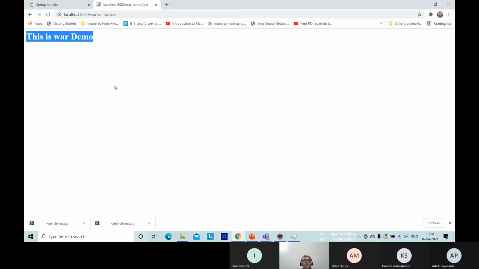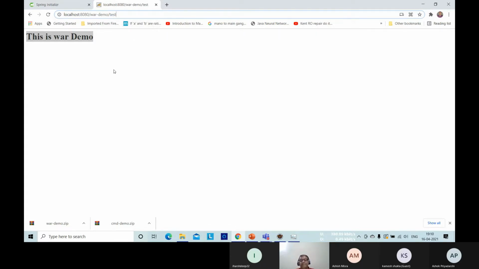So this is how our application is created and deployed. For deployment on cloud we have to create a war file, and the name of the war file will become the name of the project. Then all the APIs, interface, URL name, whatever it is, has to be mentioned.